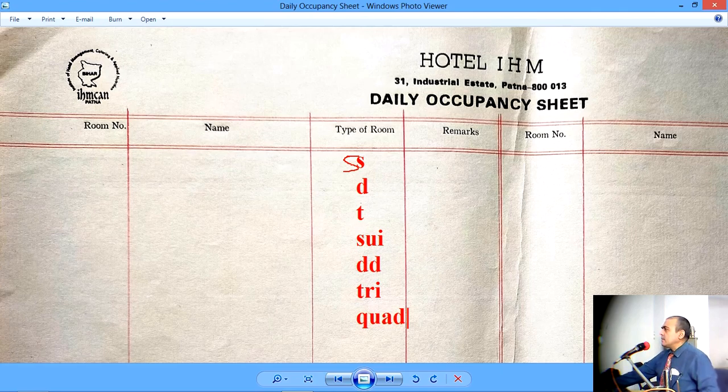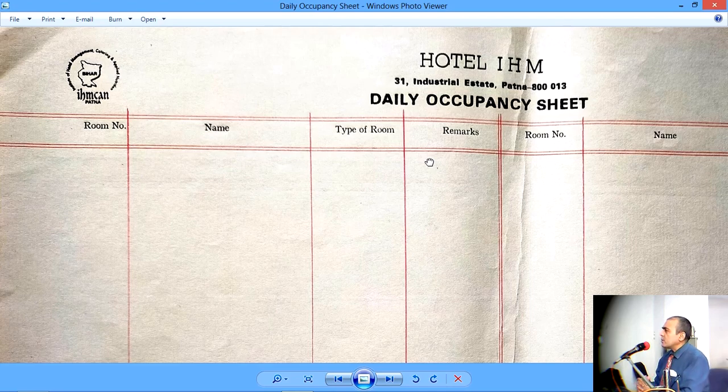And then finally we have this column here, remarks. I've explained remarks in the previous two videos, one on the daily arrivals and departures book, and then the advance letting chart. All these documents contained a section called remarks. So let me tell you what this remark could actually be.